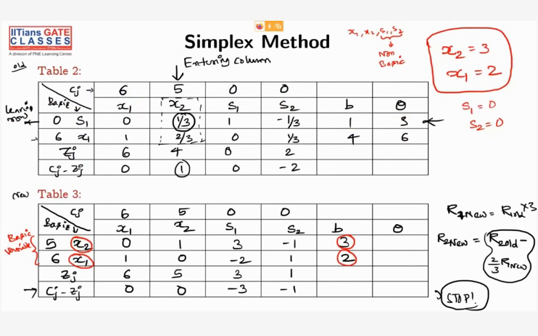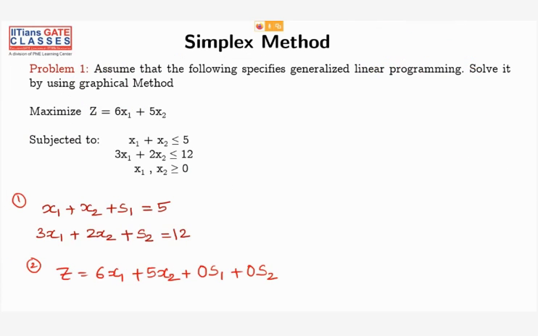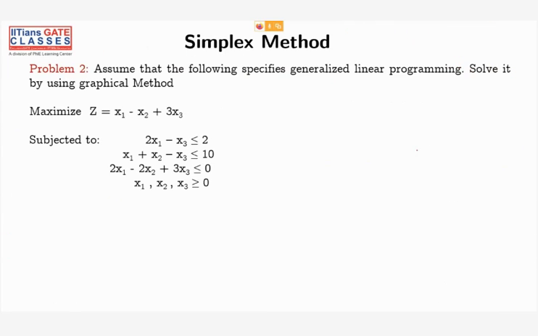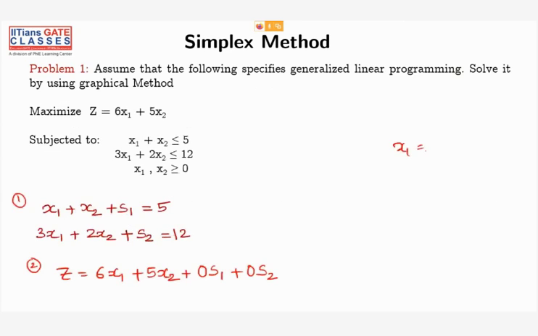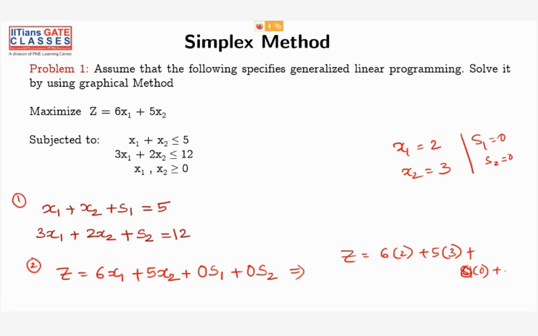Now you substitute back this into your solution. So we got x1 is equal to 2, x2 is equal to 3, and S1 is equal to 0, S2 is equal to 0, because these are basic and these are non-basic. Now put this into this equation. So Z is equal to 6 into 2 plus 5 into 3 plus 0 into 0 plus 0 into 0, which will give you 12 plus 15, 27. So you go back and see, your solution is